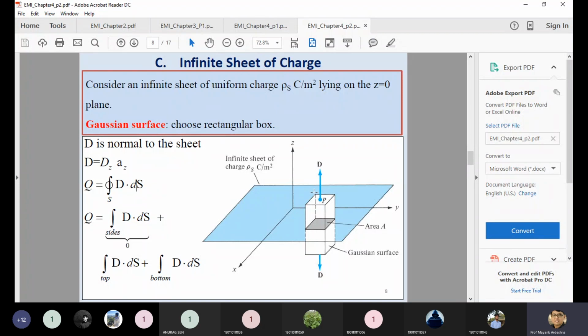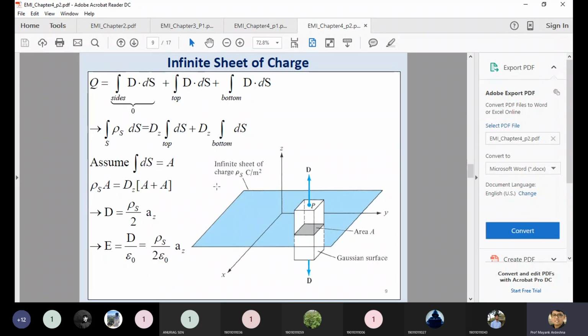But in this case, we don't know about the area. So that's why we have just written this equation in terms of the integral of D dot ds for the top surface and the integral of D dot ds for the bottom surface. In this case, no need to find it for the right side and left side, because this answer is always 0. We are interested only in the flux density which is at the perpendicular point. It means D is equal to Dz.